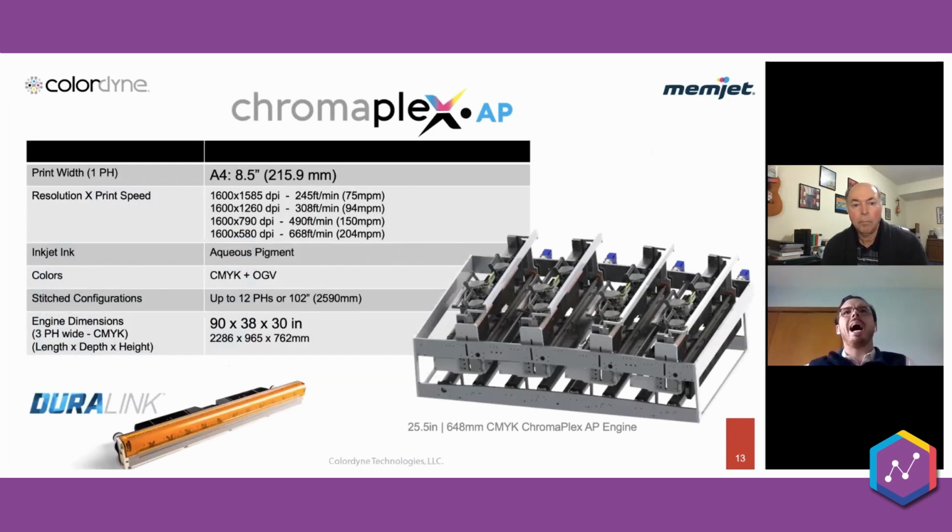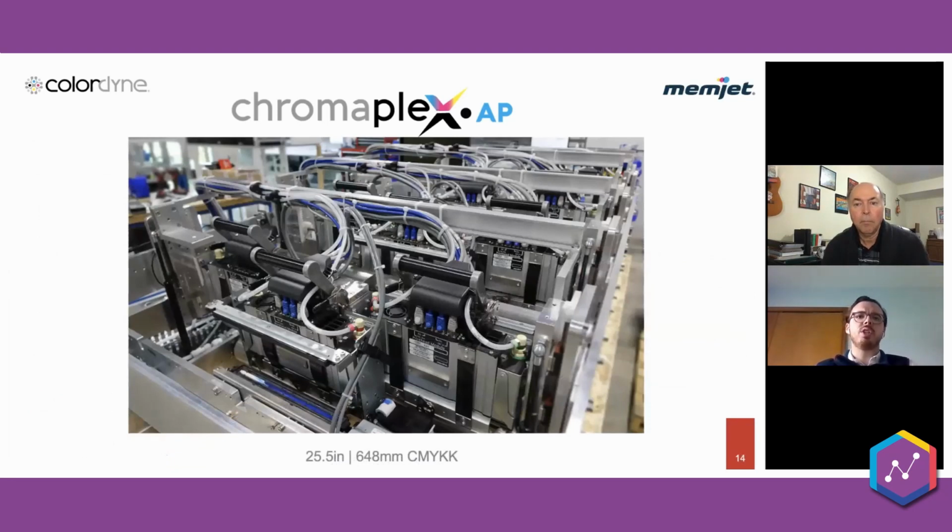This would be our higher end pigment system. The image shown there is a 25.5 inch or 648 millimeter. You'll see on this system, we're capable of printing at 1600 by 1585 dpi at 245 feet per minute, and you can lower the resolution down to 580 in the web direction and take those speeds up to 668 feet per minute. If we go to the next slide, I'll explain some of the advantages to this engine technology and